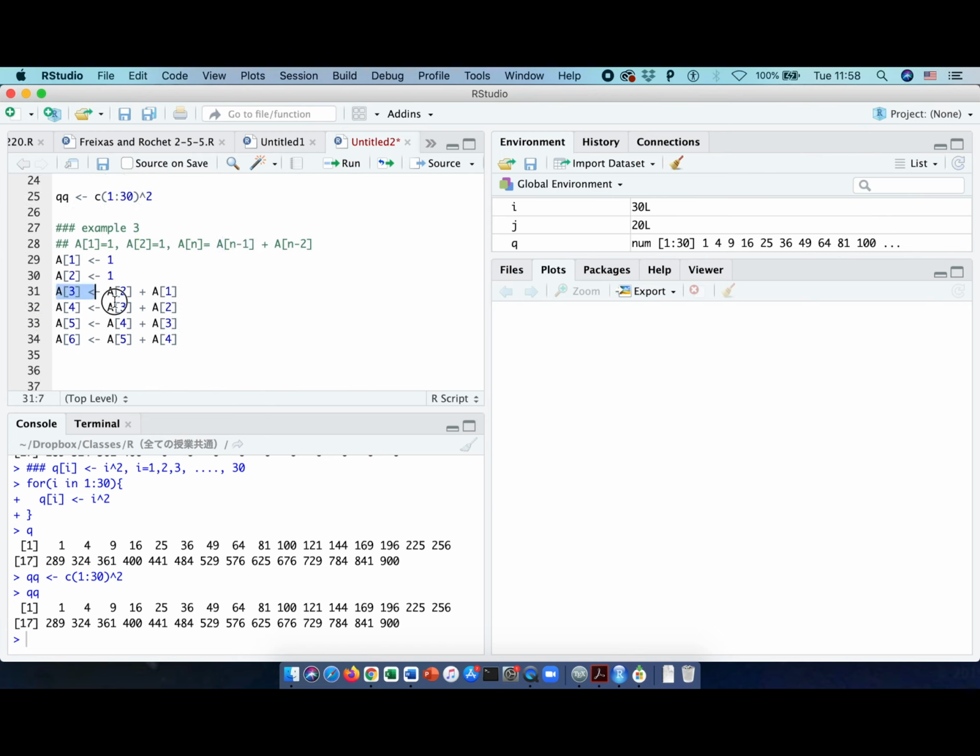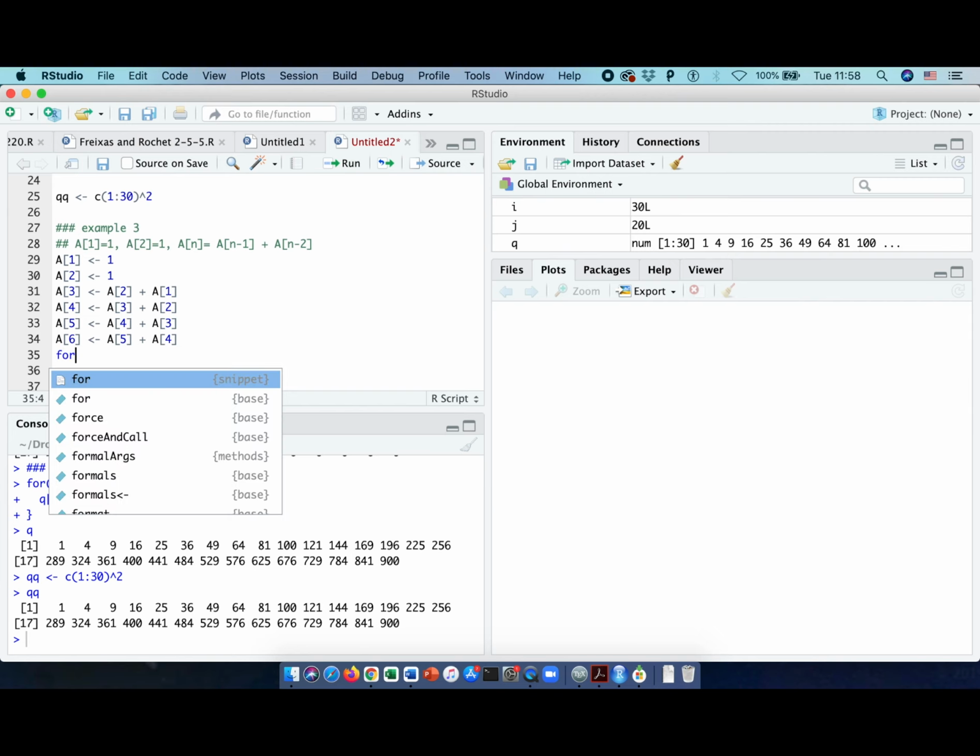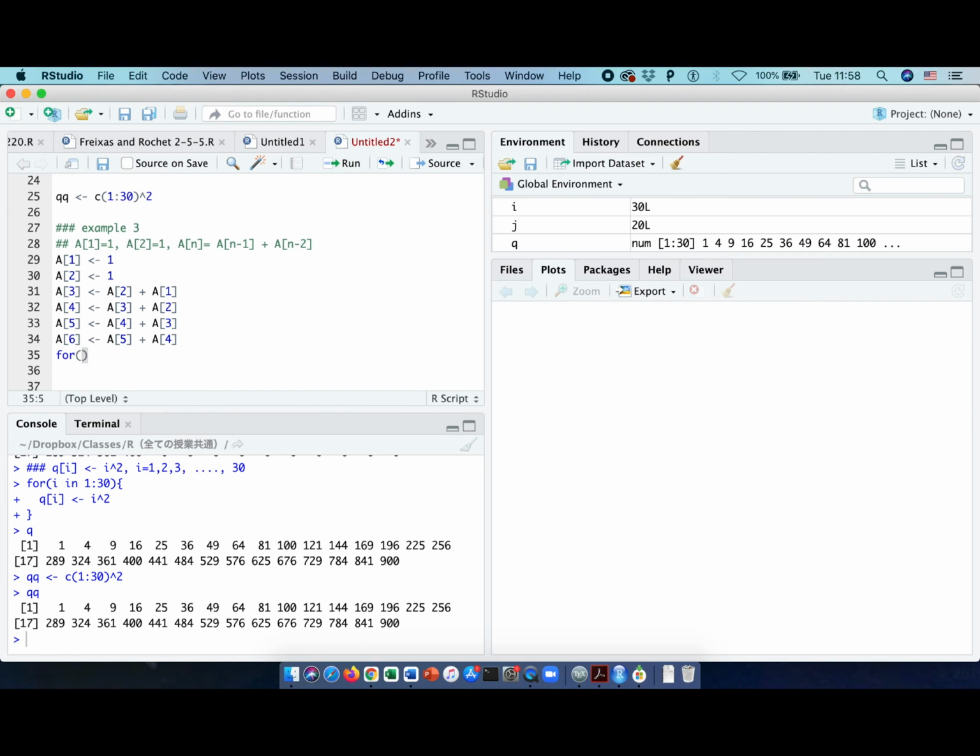By repeating, you'll find the rule, and you can simply express that with a for loop syntax. So for, the dummy variable can be anything. So this time we use n. n is from the third term, okay, from the third term, 3 to, let's say, 20,